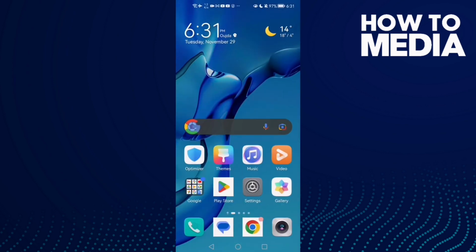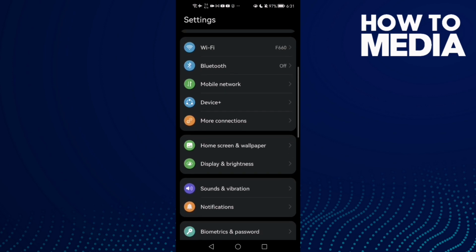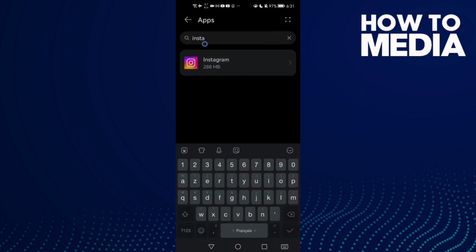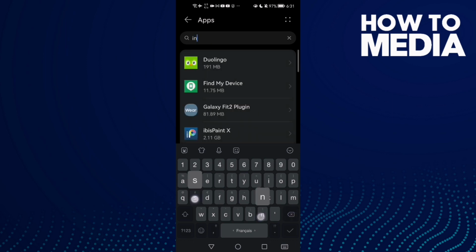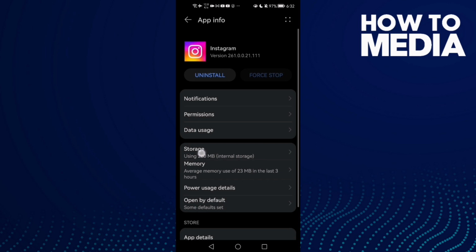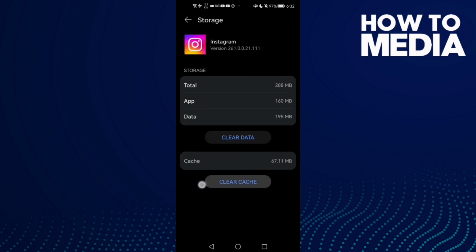to the next step. Go to settings, scroll down until you find here apps, then click apps again. Now type here Instagram and click on it, then click force stop and go to storage, clear cache,